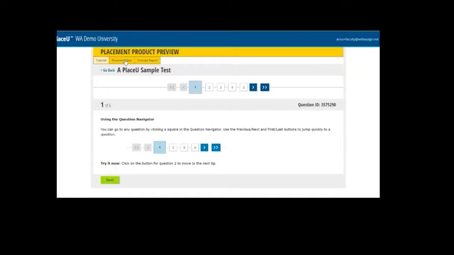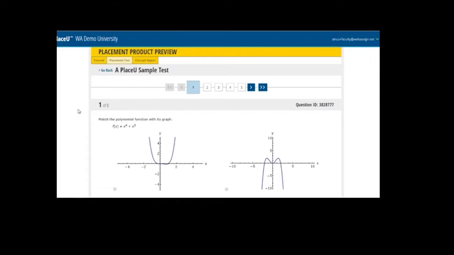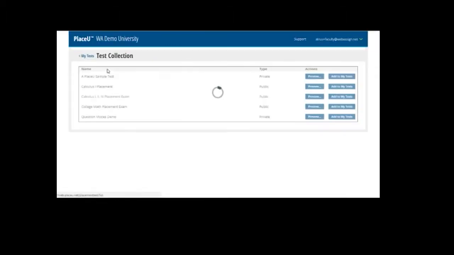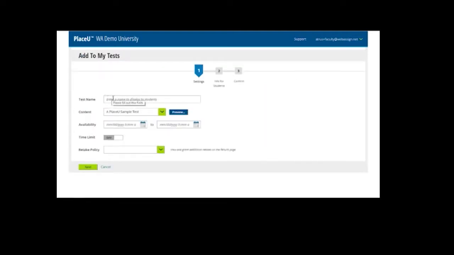To ensure that the test covers exactly what you're looking for, you can preview all of the questions at any time. As you do that, you'll also be able to see the answer key that goes with all of those associated questions. Once you're ready, you can begin the short two-step process to go ahead and schedule the test for